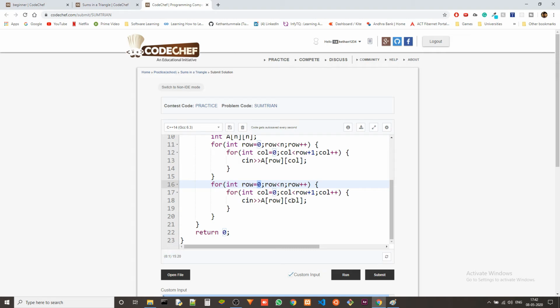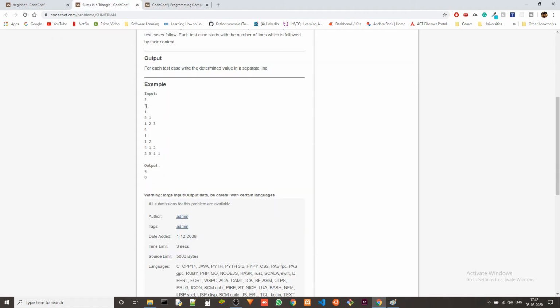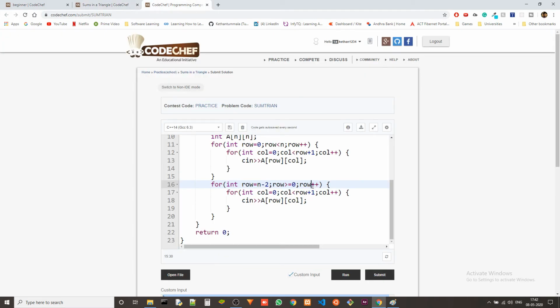But the row will start from n minus 2, as we discussed, and it will go until it is 0, which means it will go till the top element. So here we have to decrement it instead of incrementing it, and the column loop will be the same.